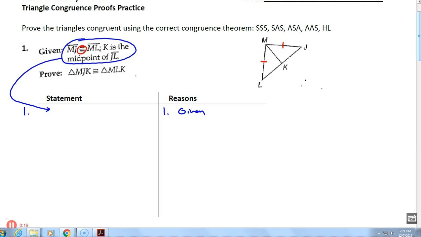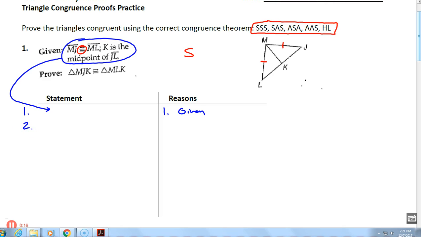So those are sides. So right now I know I have an S, and I'm looking to get one of these 5 congruence theorems to prove the two triangles are congruent. So I need 3 parts always. I have 1 part right there. Well, then I'm looking for, I call it, squeeze the juice out of the other clues in the